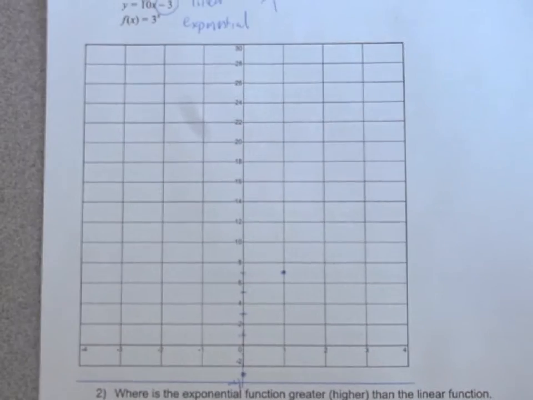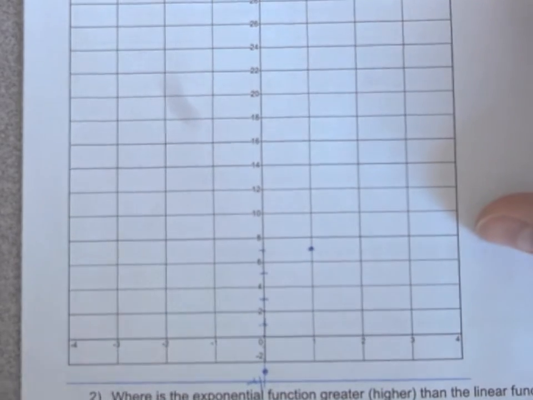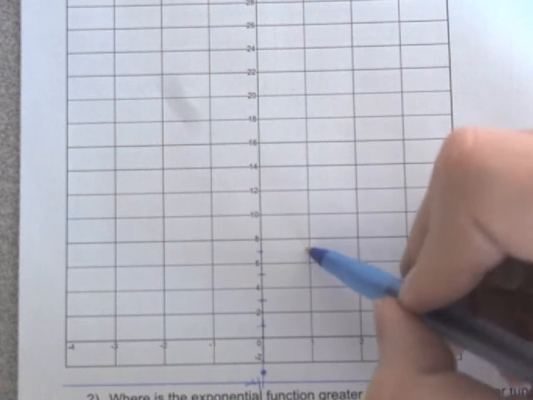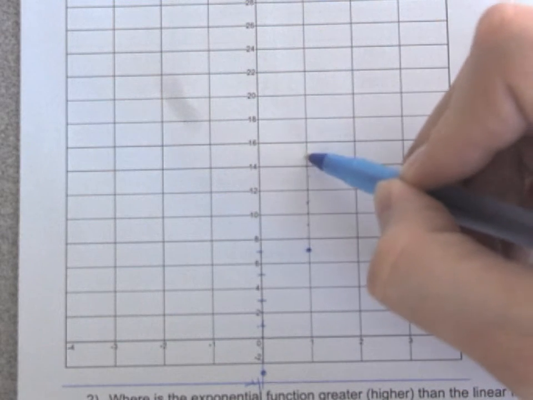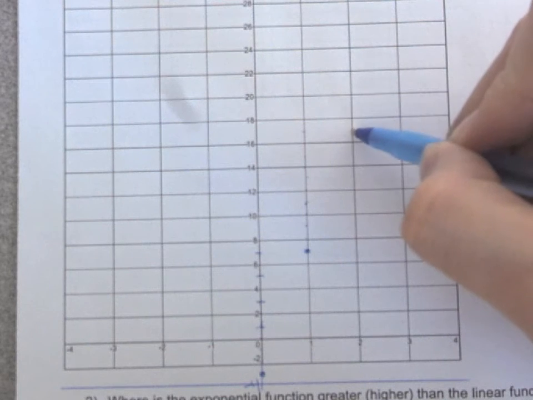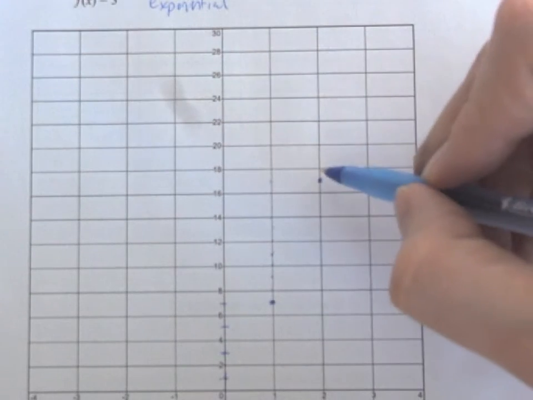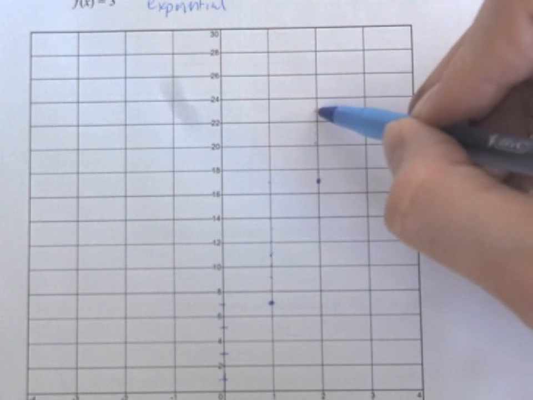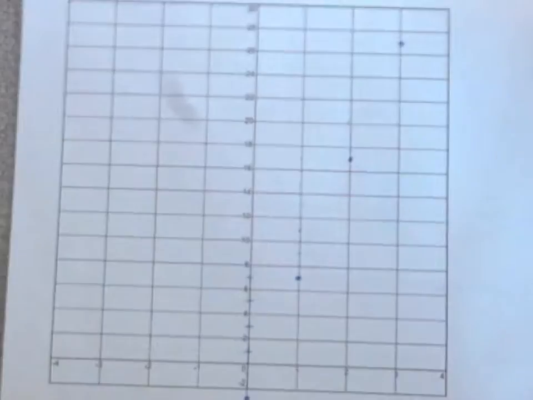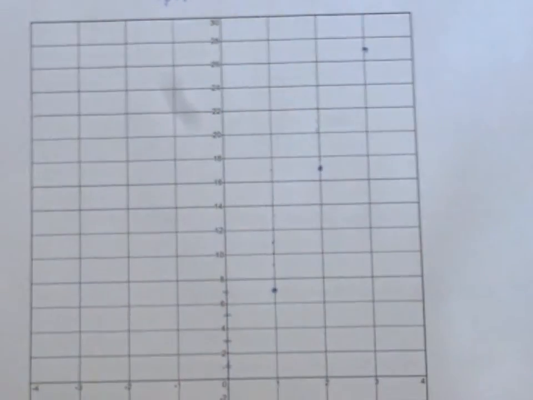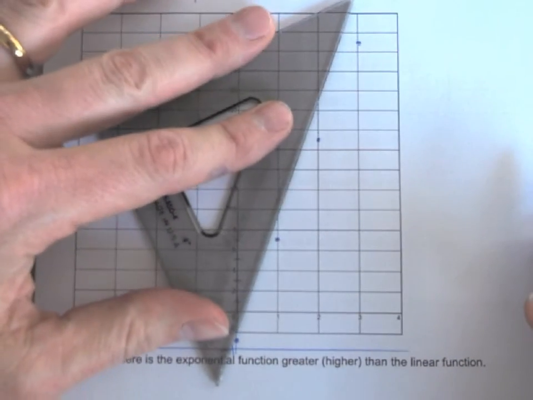Zoom in a little bit so you can see this better. Okay, so let's do it again. We're going to go up 10: 1, 2, 3, 4, 5, 6, 7, 8, 9, 10, and over 1. So it looks like we're at 17. Let's do it one more time: up 10 and over 1. Okay, that gives us a pretty good idea of what our graph's going to look like. So if we connect those points,